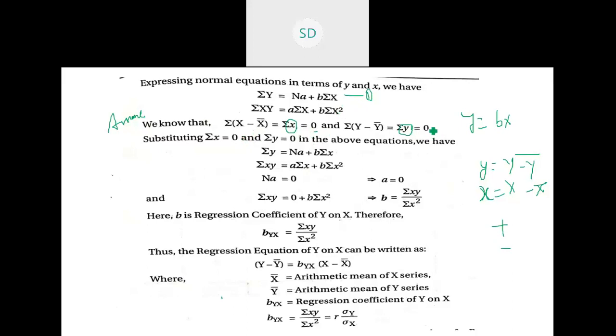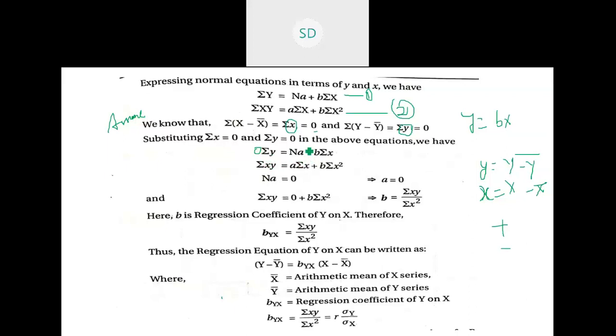Okay, now let us take here. First, write down the same equation: sigma y is equal to Na plus b sigma x. Let us take the second equation also: sigma xy is equal to a sigma x plus b sigma x square. So for the first equation, if you put 0, now sigma y is also 0,